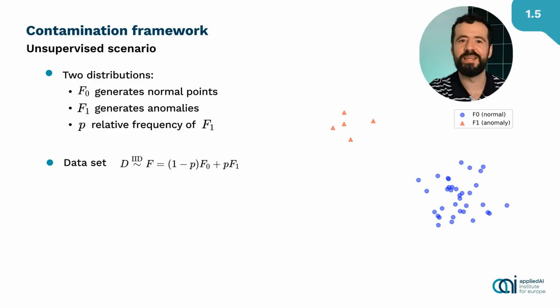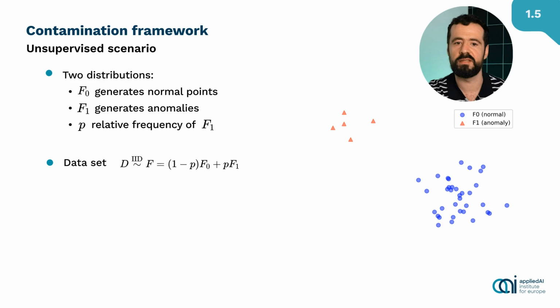So far, we have defined what an anomaly is on an informal level. We have seen possible applications of anomaly detection. But in order to really develop methods that are able to identify anomalies, we need to come up with a formal description of what an anomaly is. In this course, we are going to work with the contamination framework, which is a very popular framework for defining